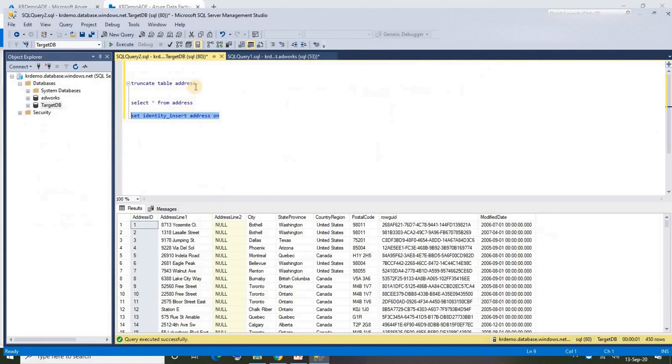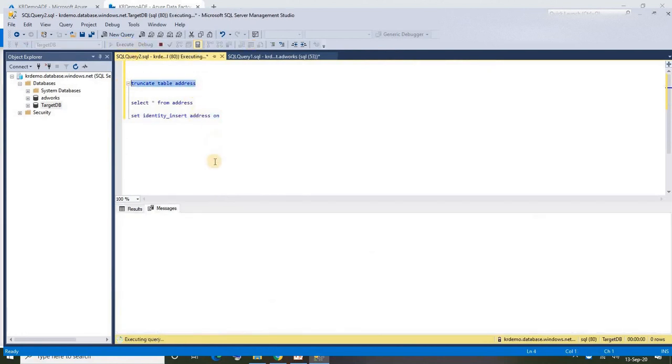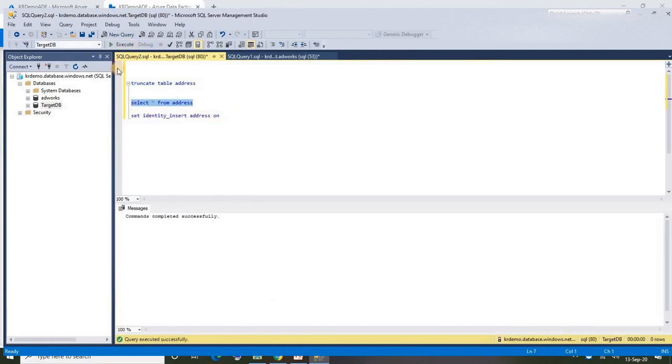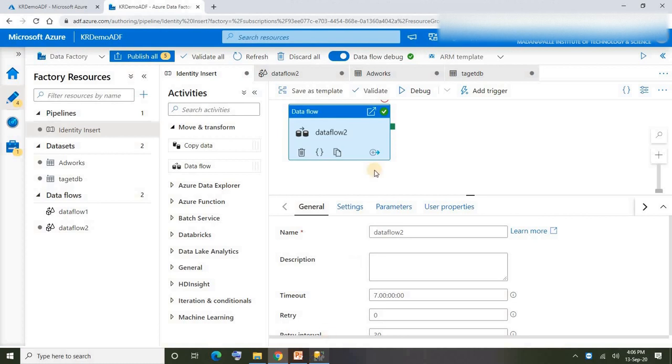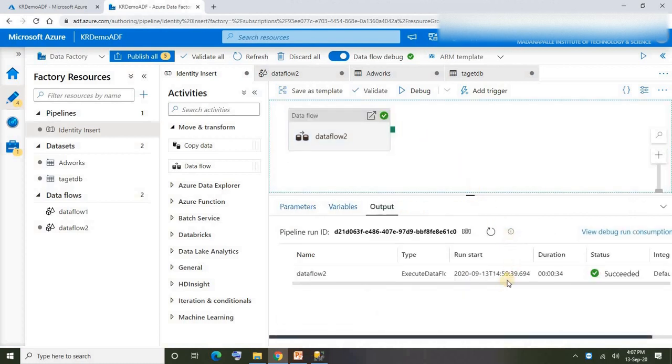Before that, let me truncate the table. Yep, we don't have data. Our pipeline is yet to be started.